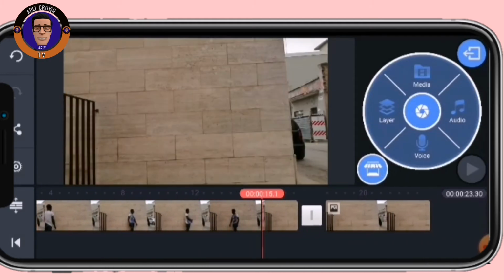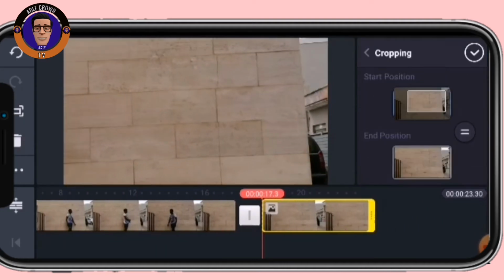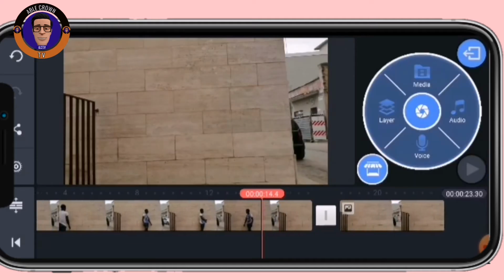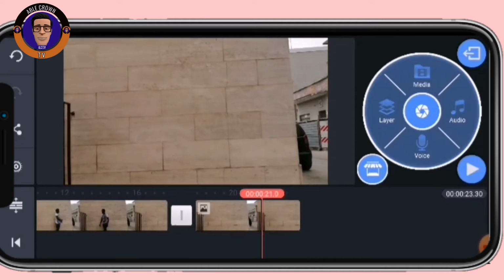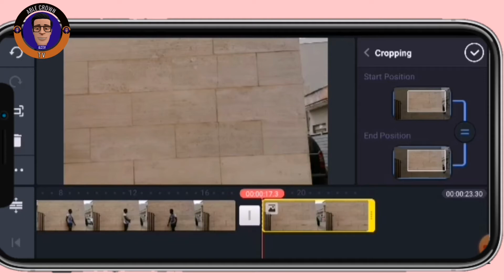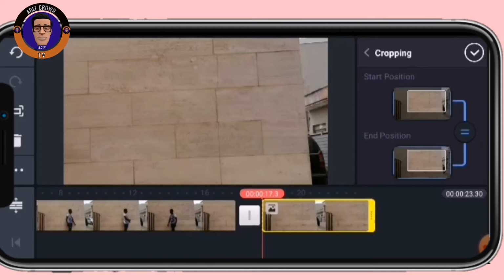So okay, let me clip this video together. It must be the same angle. Let it be the same angle, the same size.